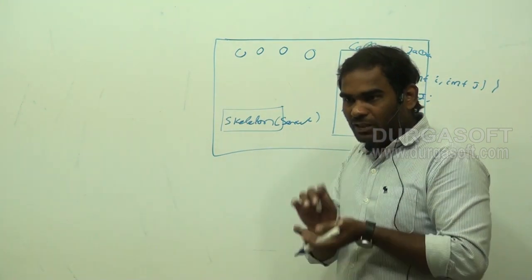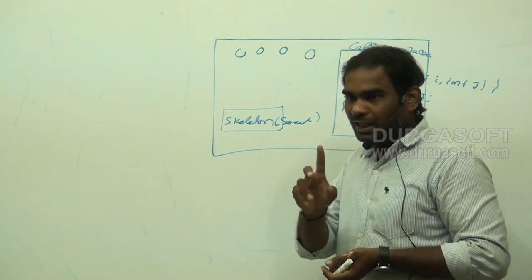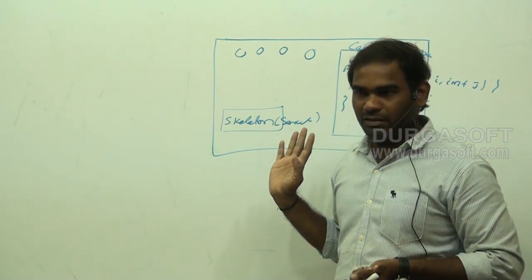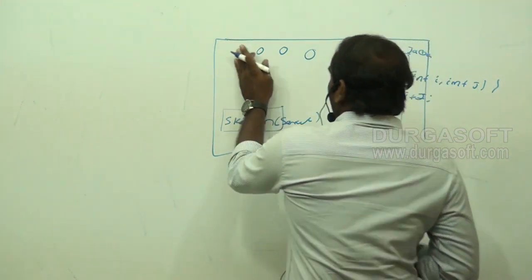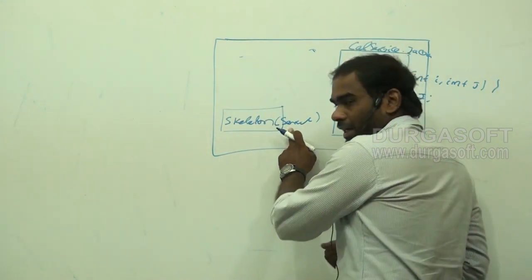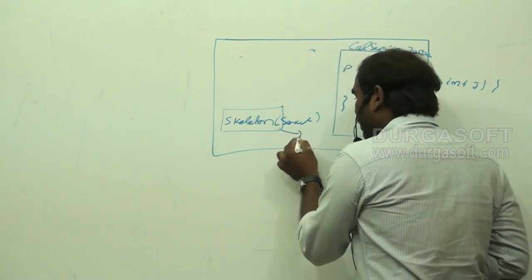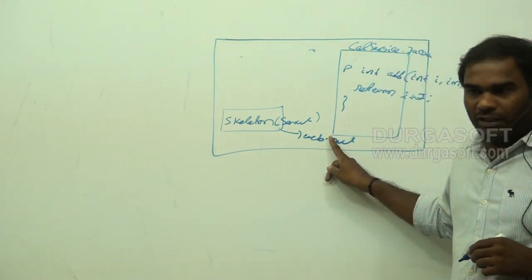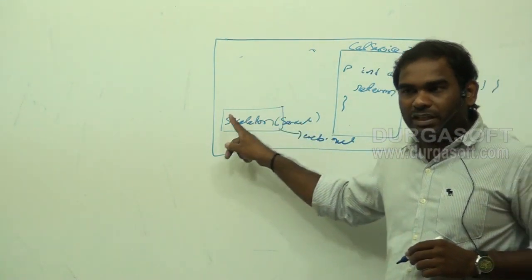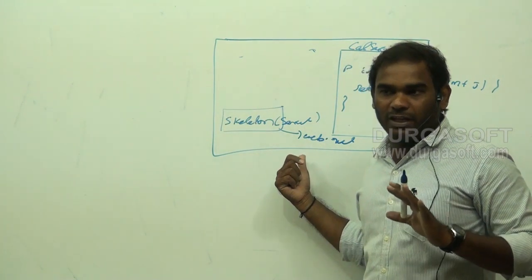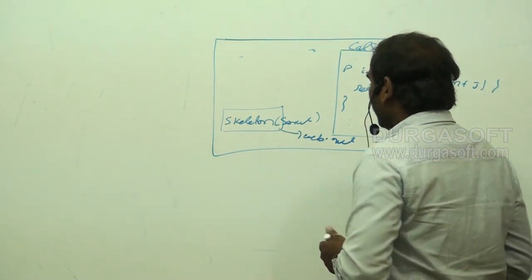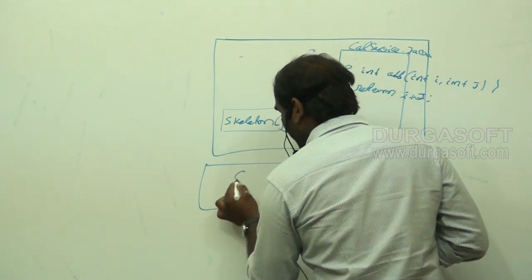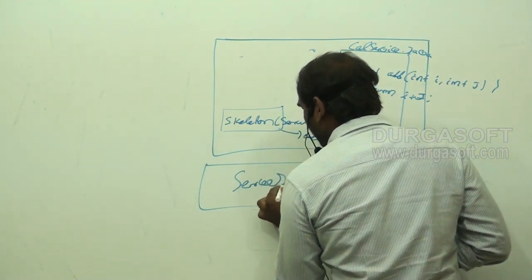For one web application, we should have one skeleton. That skeleton can manage any number of service classes. Clear? So if it is a servlet, where do we need to configure it? In the web.xml file, am I right or not? So the skeleton should always be in the web.xml file. Finally, you will deploy this application onto the server.